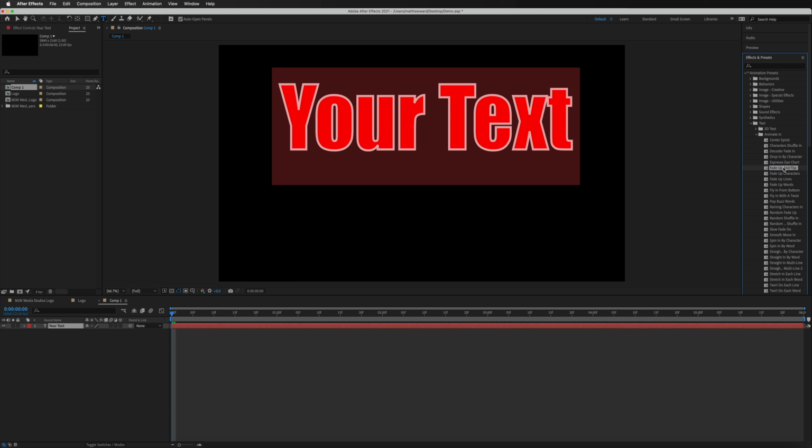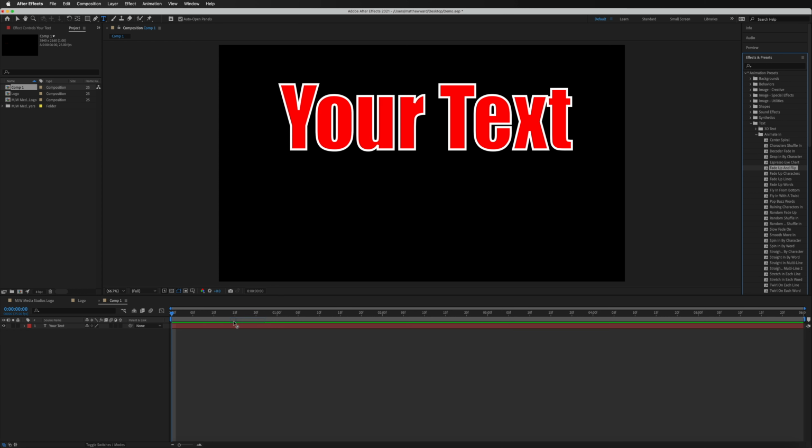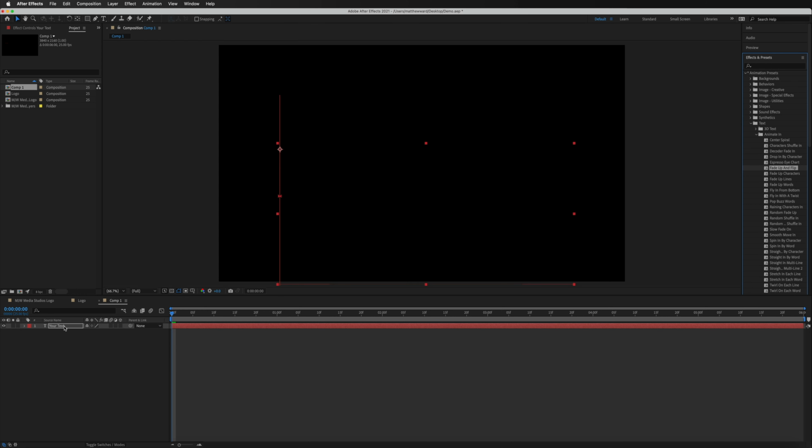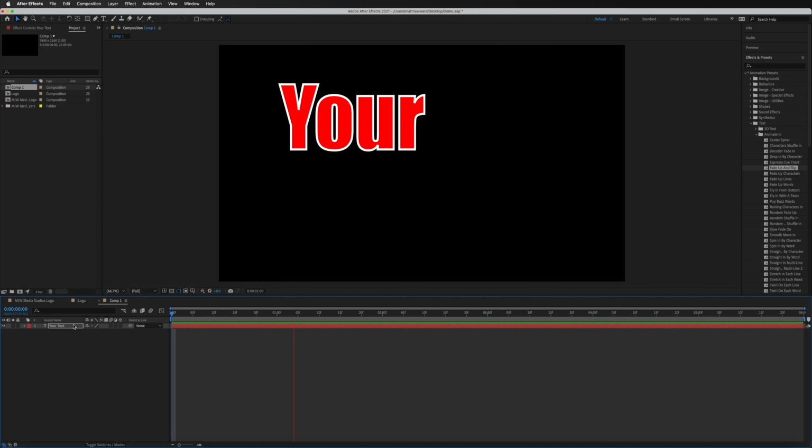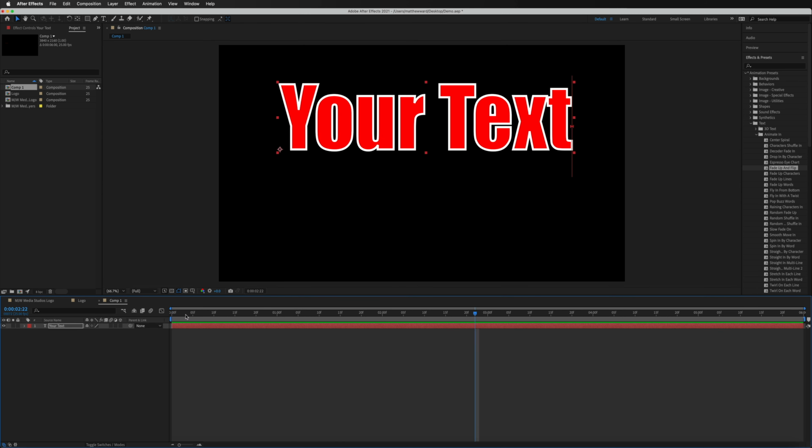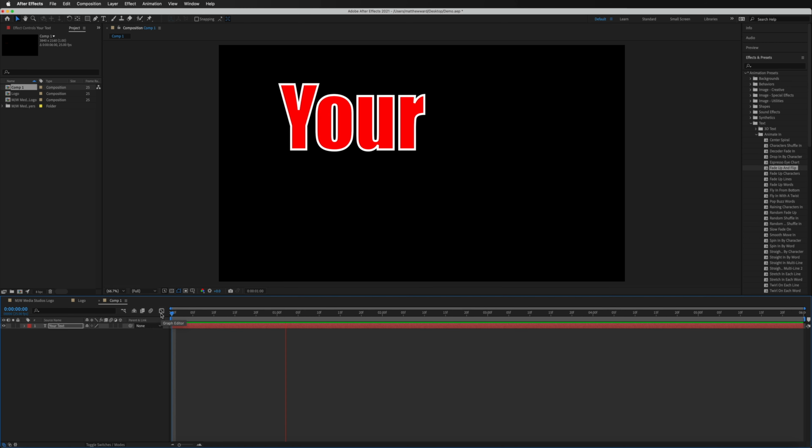But just to quickly demonstrate, I'm just going to choose something from this animate in, maybe this fade up and flip. So I'm going to select that. I'm just going to drag it all the way over to my layer in my timeline and drop that on top. Now we'll just hit spacebar on the keyboard to play and see what it looks like. So that's not too bad as a quick animation. You could find something better than this if you wanted to.